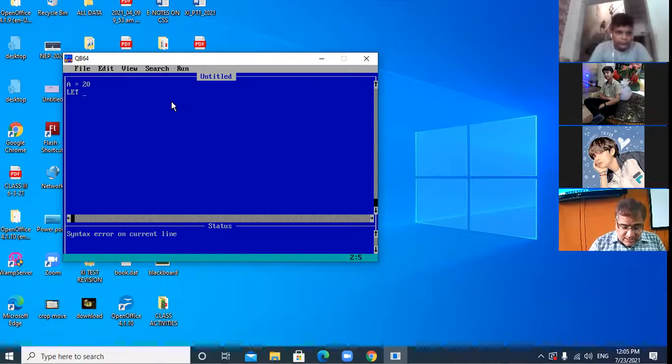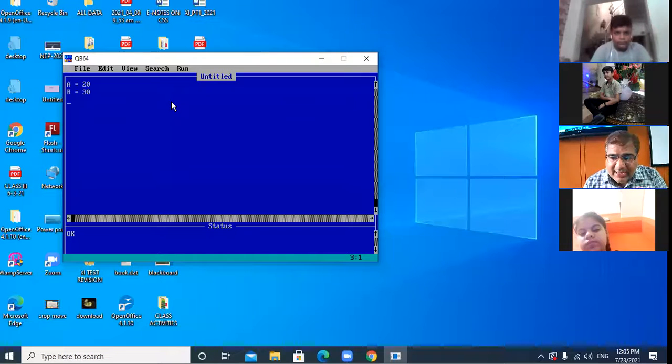Let B equal to 30. Okay. Am I clear? Now you want to add these two values. अच्छा, हम जब दो वैल्यूज को ऐड करेंगे एक थर्ड वैल्यू क्रिएट होएगी. When you add two numbers, one final value will be generated.